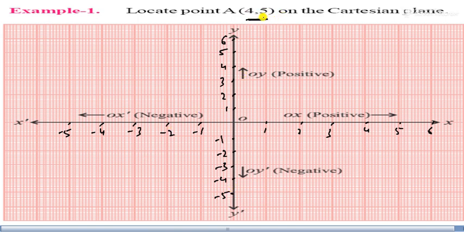So you want to plot this number, this is 4, 5. First of all, move forward on the x-axis, that is 4. After 4, we find 1, 2, 3, 4 and 5. So you can circle this point and write here 4, 5, and that is the plotting of the point on the Cartesian plane. So that is your answer. So you can put it on the graph.